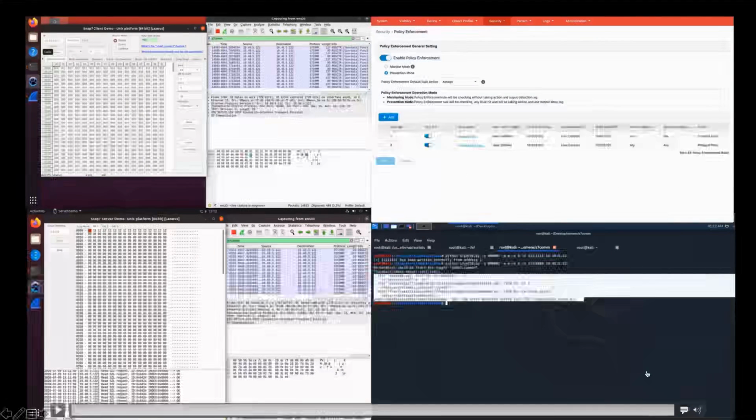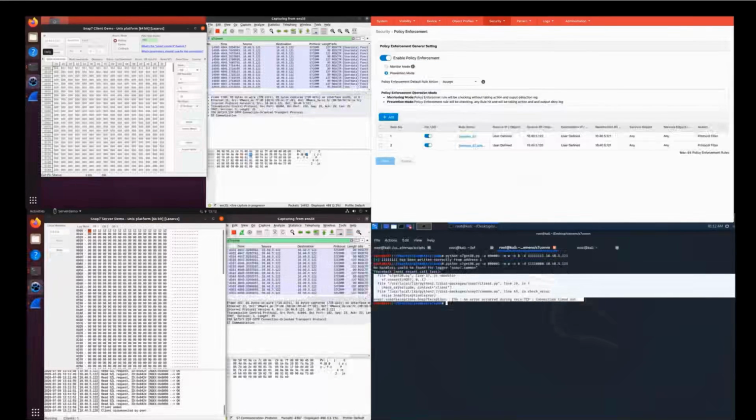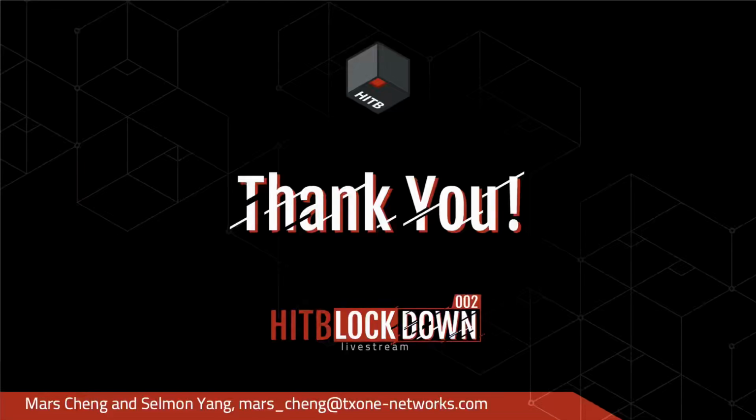So basically, in this demo, we showed how to protect and how to monitor attacks on ICS network protocols. We need to protect this because these protocols are widely used in ICS systems, and lots of ICS systems are widely used in critical infrastructure. So we need to protect it, and we need to monitor it. It's very, very important. So I think we should keep this up and make sure we can secure our ICS environment.